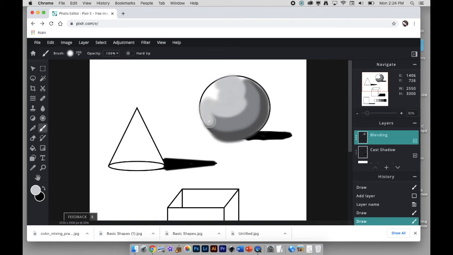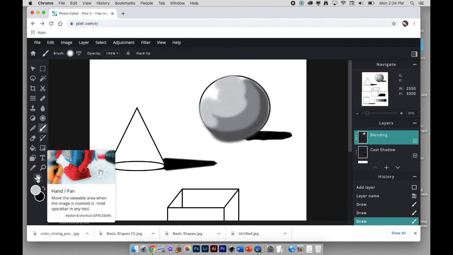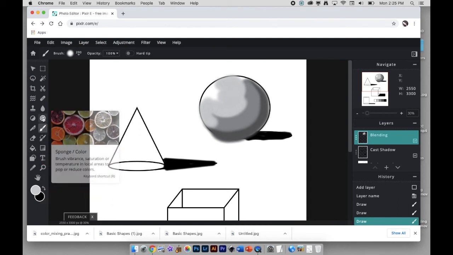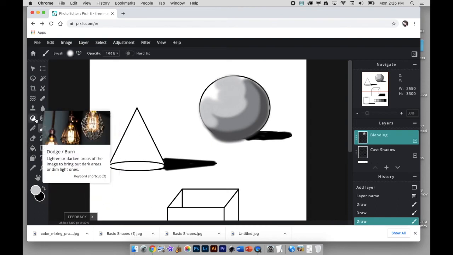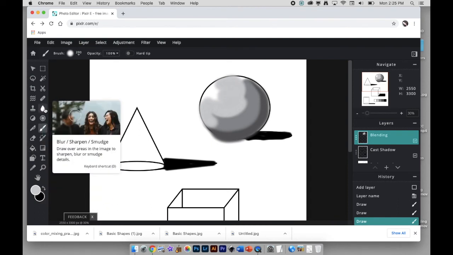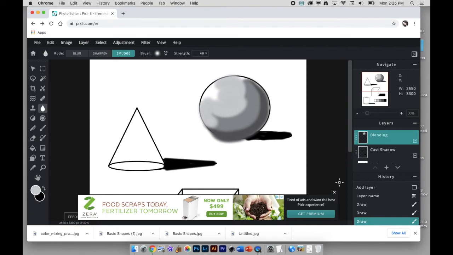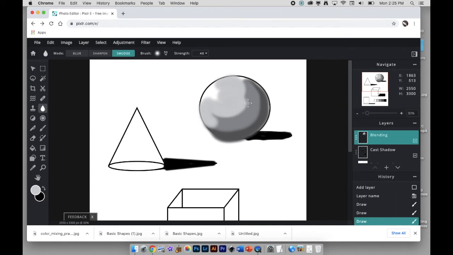And once I have this next lightest color in, then I'm going to start to do a little bit of blending. Now, one of the things that Pixlr does not have, which Photoshop has, is something called the mixer brush. That is helpful for mixing things together, okay? So one of the things that you can use is a blur, the smudge tool. You can start smudging things together. That's fine too. Or sometimes I just use the transparency tool inside of the brush palette to sort of